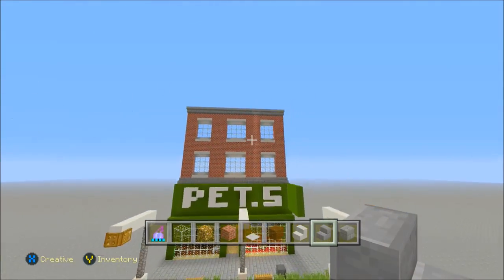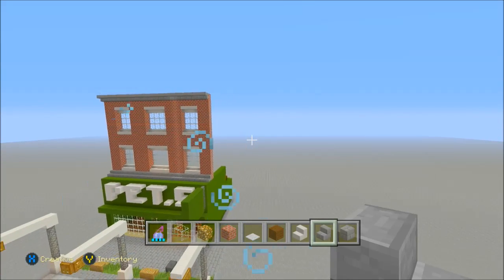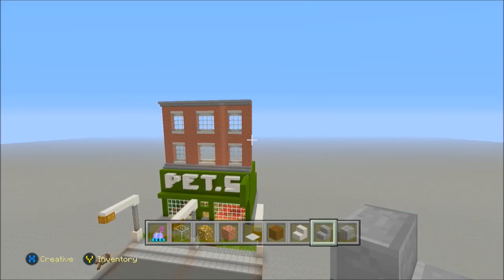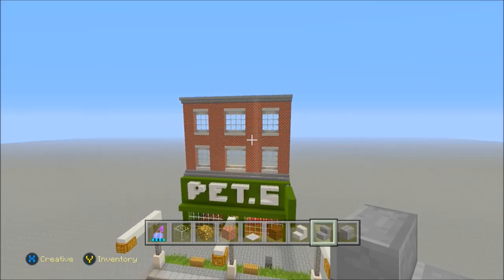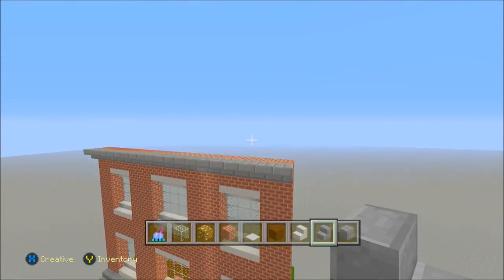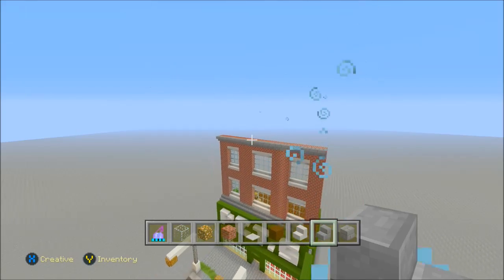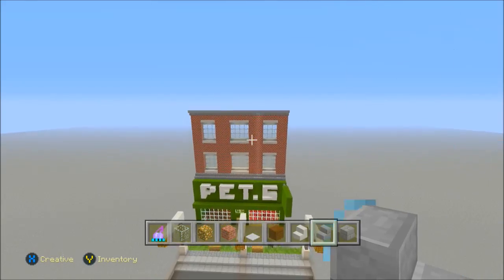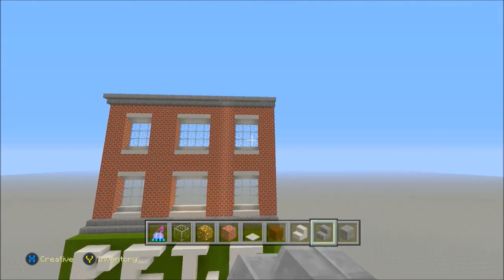I know that wasn't that hard to build, but it basically adds a lot to your design. You don't have to do it like this. Some of them are shaped like this, and then others are shaped like a top part of a house. So it varies on which street you're at. So I'm going to be doing different variations of this style.